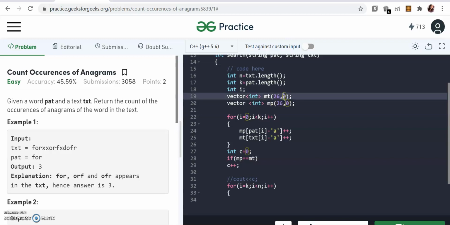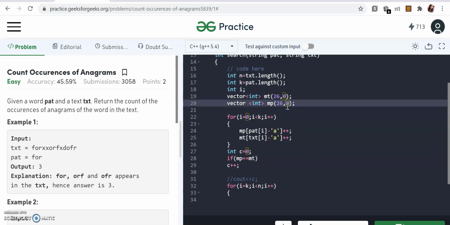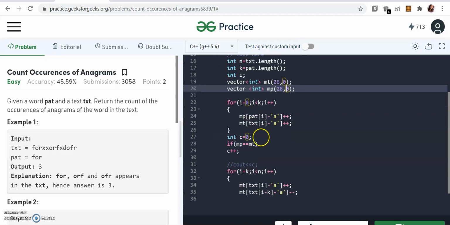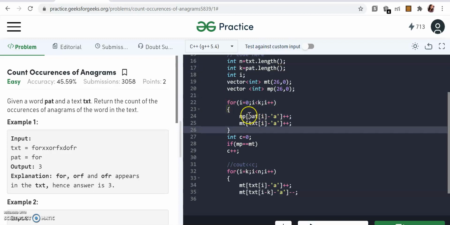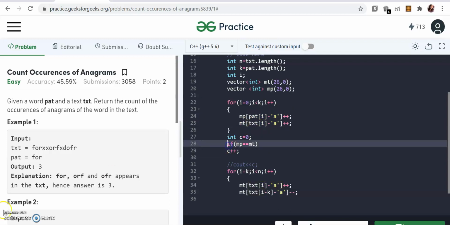And initially all the frequencies will be 0, so I have initialized them with 0. Now for the k characters, k was the length of this pattern, I'm just going to populate these two vectors. I am going to populate it by pat of i, that is the ith character of the pattern string, and plus it, and in a similar fashion for the text.